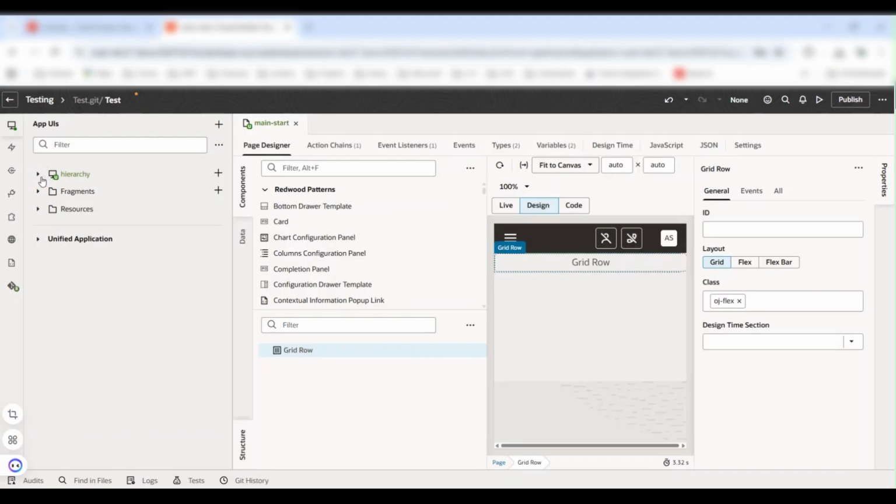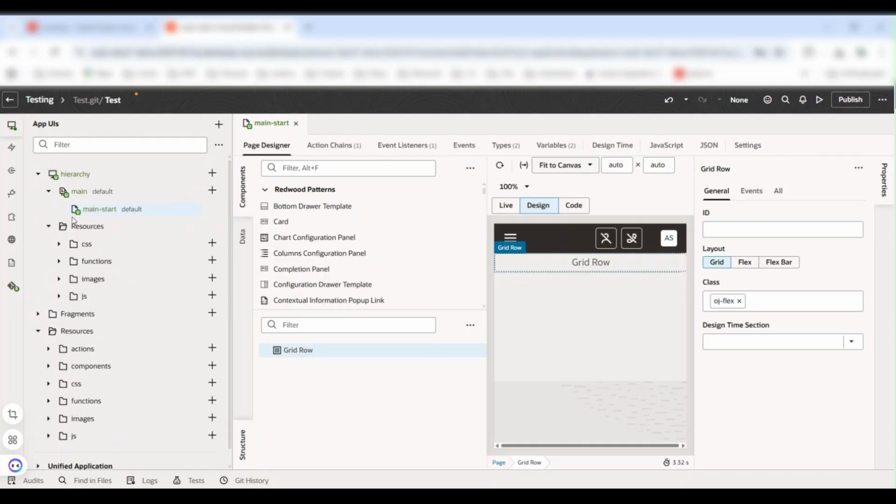And previously we mentioned we have two areas. One is resources, which is global for the extension, and the other is inside the application, which is specific to the application. If you upload the images at the global resources level, you can use them for any number of applications you created inside this extension. But if you upload the images in the application specific resources, you can use them only for that particular application. Now I will upload a few images in both areas: one at resources images and one at application specific resources.